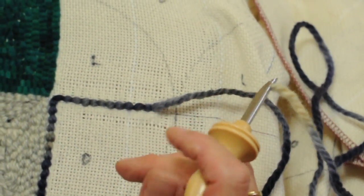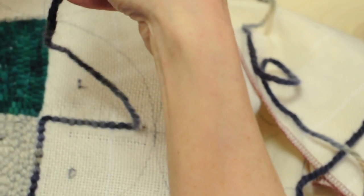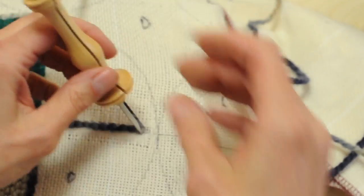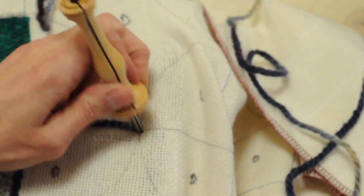Now I bet you're wondering how to stop and start. Let me show you that. When you're ready to go again, just pull your needle down like that so there's no extra yarn, and then you can just pick up where you left off. And when you're ready to end,